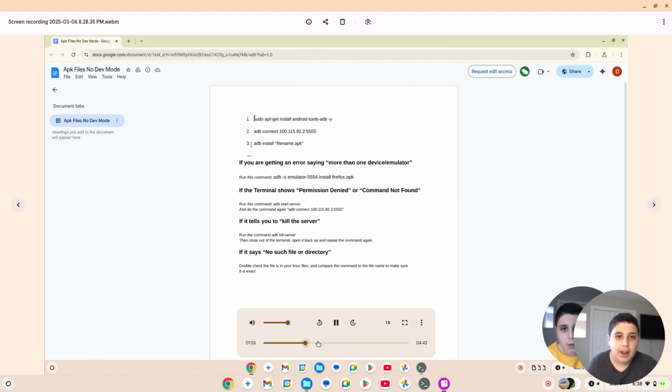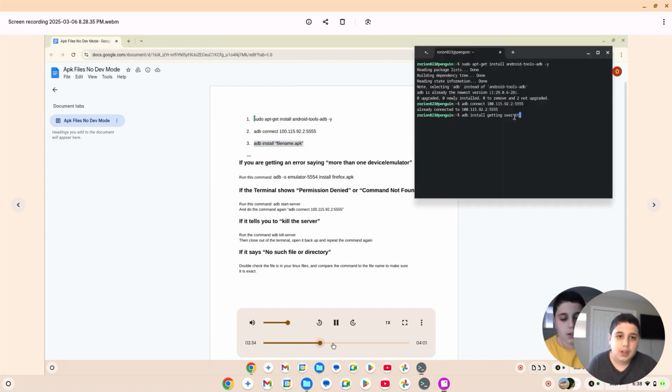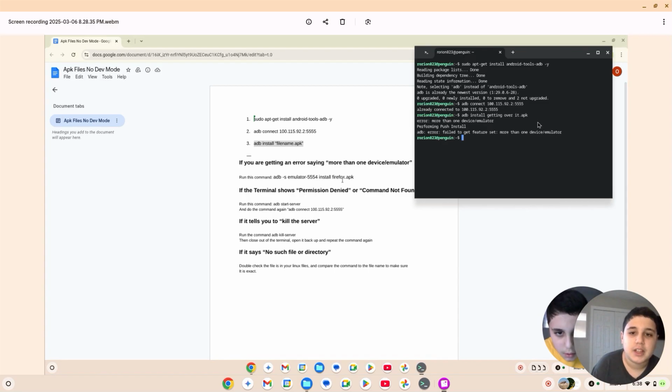So I opened up Penguin and actually got to using my terminal. Copy and paste, adb install getting over it .apk, error, more than one emulator / device. That happened to me several times. So you need to run the command adb space -s emulator -5554 install, and then your apk file. So I did exactly that. I did adb -s emulator, and then I did -5554, and then I did install, and then getting over